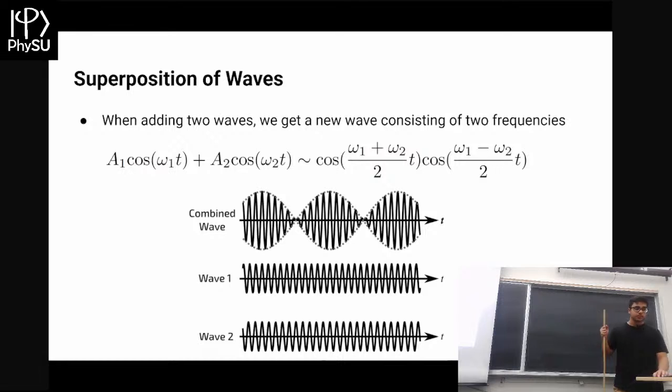I also want to remind you about the superposition of waves. So maybe in second year classical mechanics, you talked about adding two waves together. So if you add two cosines of two different frequencies, you apply this formula, you'll get a cosine of the sum of the frequencies and a difference, right? And physically, this is sort of what it looks like. You get this large scale envelope and then a faster oscillation inside the envelope.